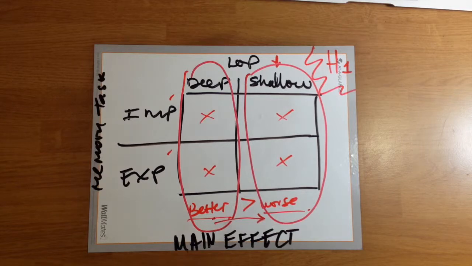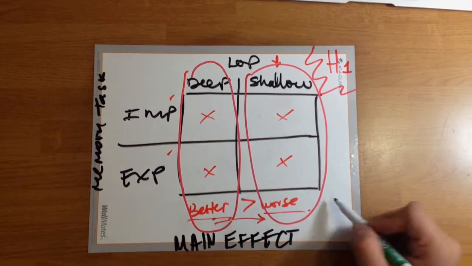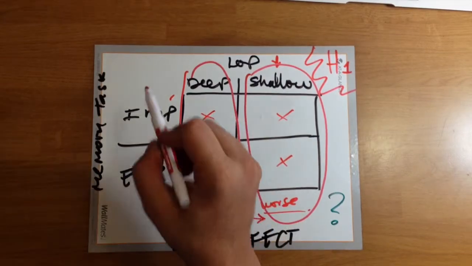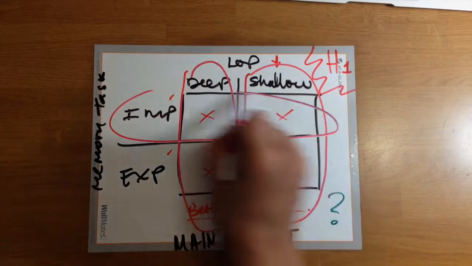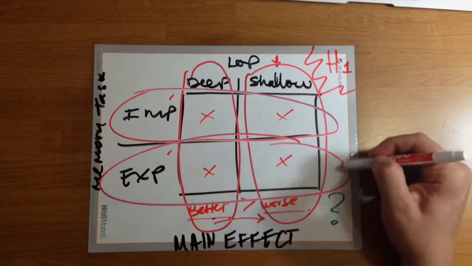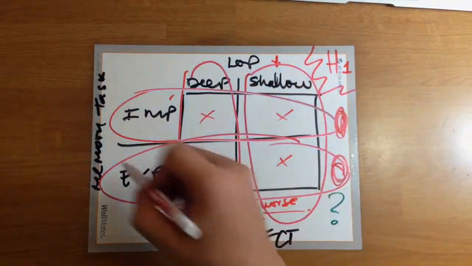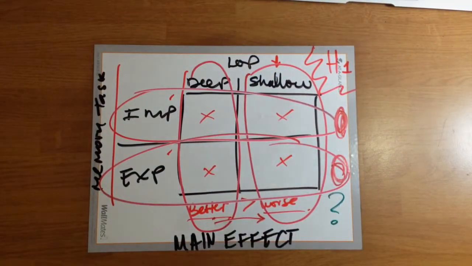Now that we're talking about main effects, is there something missing? Do you think there's something missing? If we can do it this way, should there be another main effect that we could measure? What do you think? Of course, there is another main effect that we can measure, and it is right here. Ignoring these levels, it would be only memory task performance. Problem is, we're not doing that. Why do you think that is?